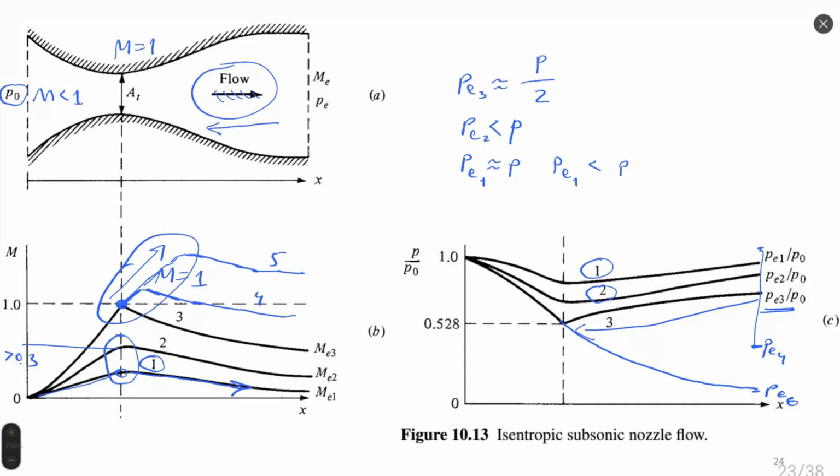Practically, what does it mean? It means that in all cases we have Mach 1, we have area which is constant, and since we have isentropic flow, we have also temperature the same, equal to characteristic temperature, and pressure equal to characteristic pressure in the